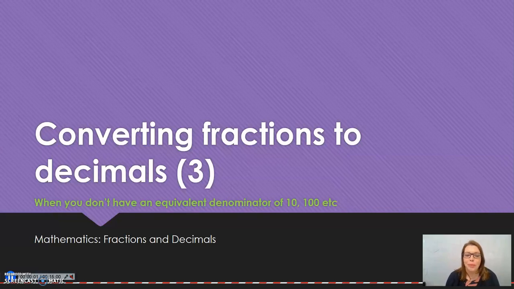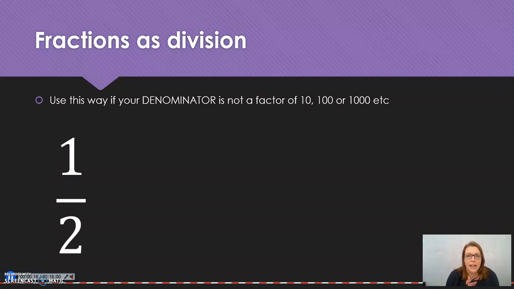Hi everyone, and welcome to our third and final video about converting fractions to decimals. This time we are talking about when we don't have an equivalent fraction with a denominator of 10 or 100 or 1000. So what we're actually looking at is how we can rethink of a fraction as a division equation